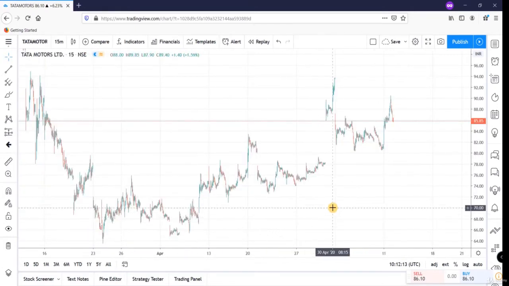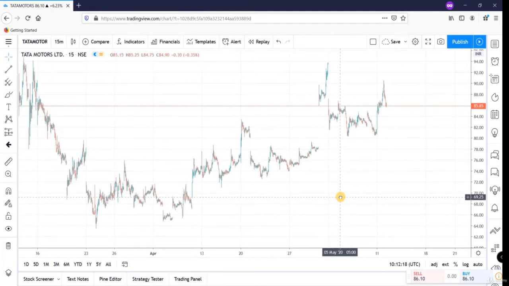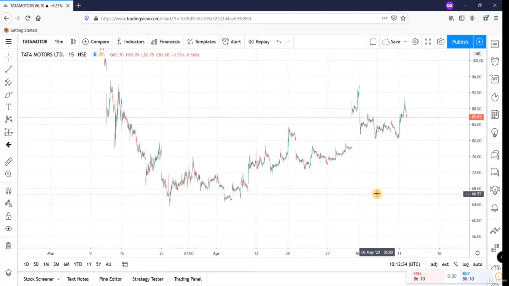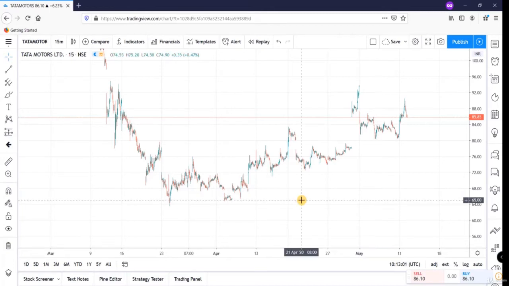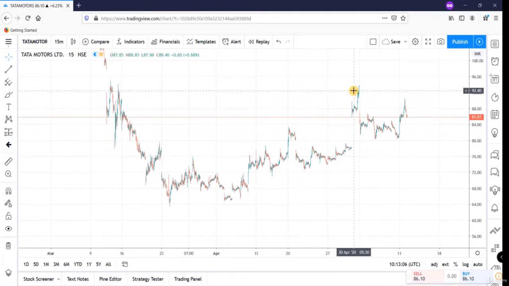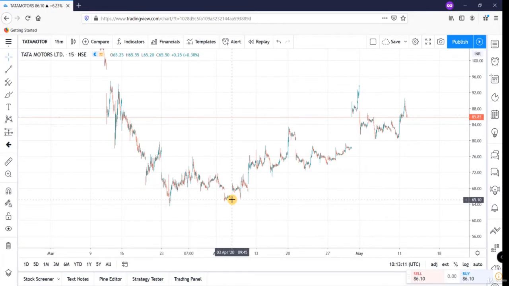Now this is the 15-minute chart of Tata Motors Limited, and for intraday perspective, we find out the current trend on 15-minute chart. So on this chart, just analyze the chart and find out the current trend. Now tell me the current trend for this stock for intraday trading perspective. Yes, the current trend is uptrend, as there are higher highs and higher lows, and prices are going in upward direction. So the current trend for intraday trading perspective on 15-minute chart is uptrend.